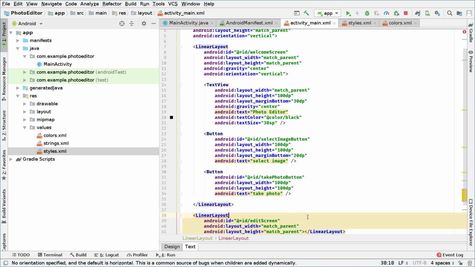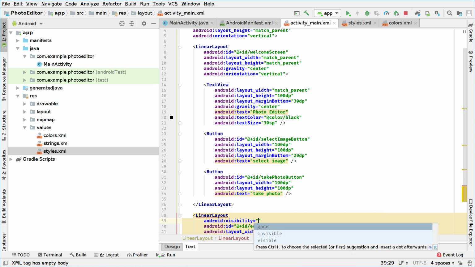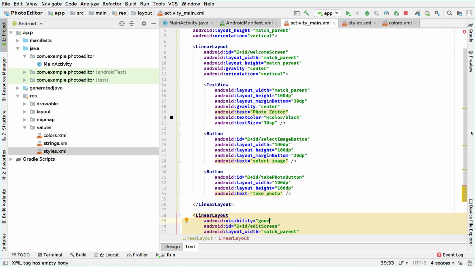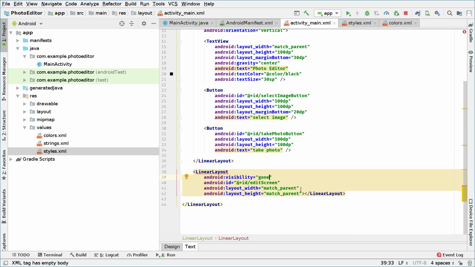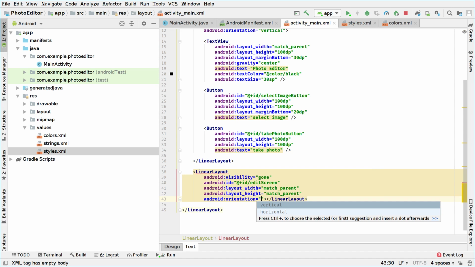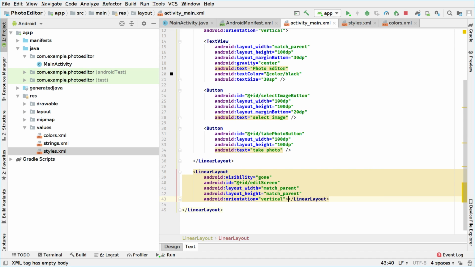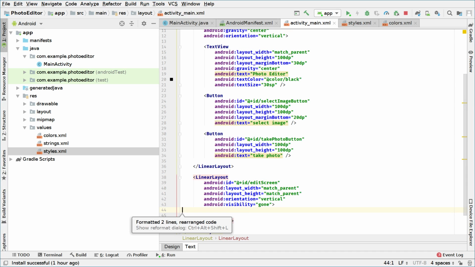But the edit screen won't be shown by default, so you're gonna say visibility gone. So we will show this only when we want it to be shown, right? We also have to set the orientation of the linear layout, so you're gonna say orientation vertical. Okay, now we can open the linear layout object right here, and we can start coding our